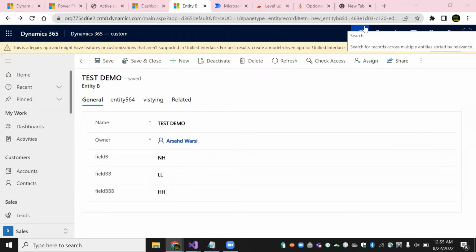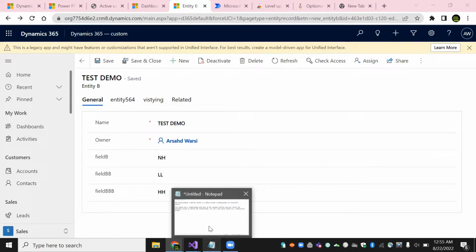Hello everyone. Today we are going to see the N-to-N relationship. In Dynamics CRM, we have different types of relationships: one is 1-to-N, N-to-1, and N-to-N. While creating the N-to-N relationship,